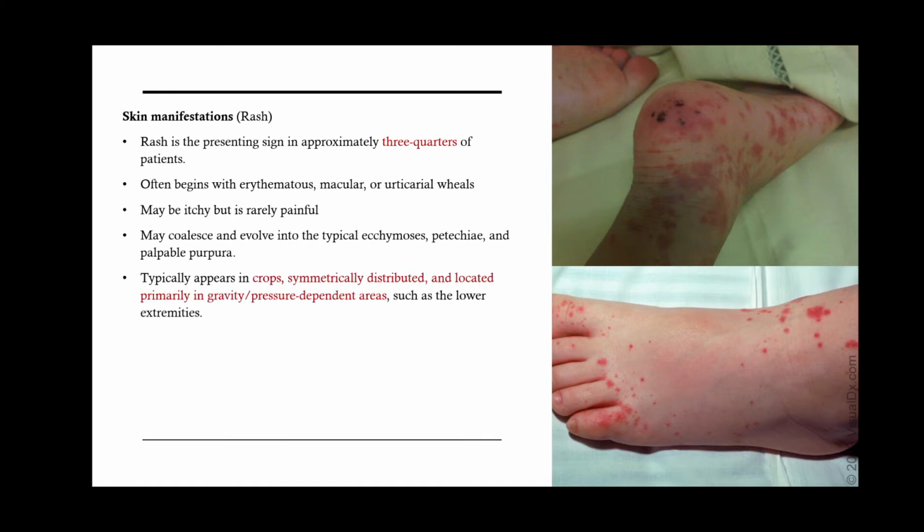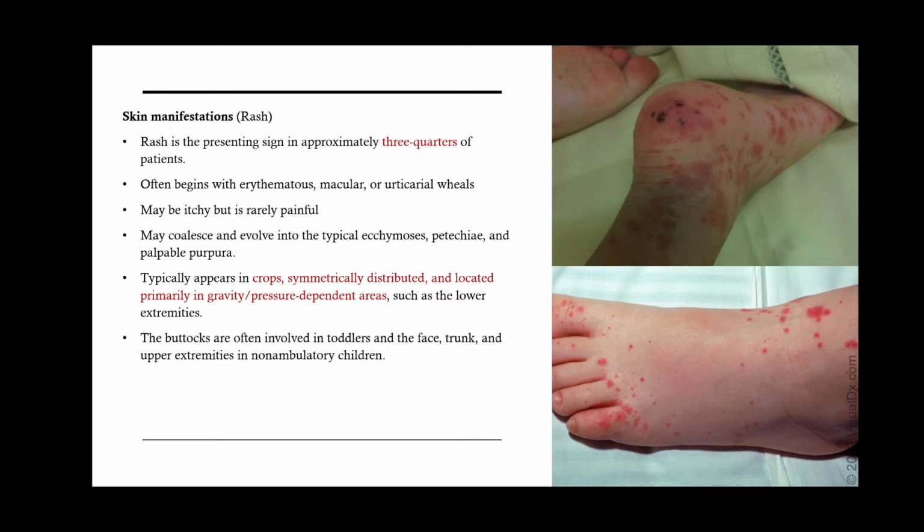So moving on to the details of skin manifestations. So the rash is, as we said, the presenting sign in approximately 3/4 of patients. It often begins with erythematous, macular, or urticarial wheals. It may be itchy but is rarely painful, and it may coalesce and evolve into the typical ecchymoses, petechiae, and palpable purpura. Typically appears in crops, symmetrically distributed, and located primarily in gravity or pressure dependent areas such as